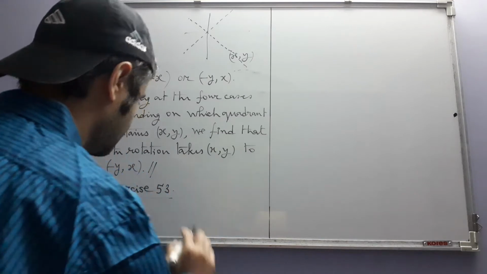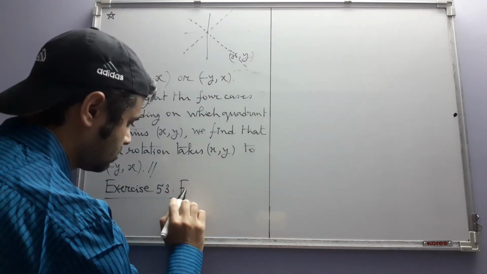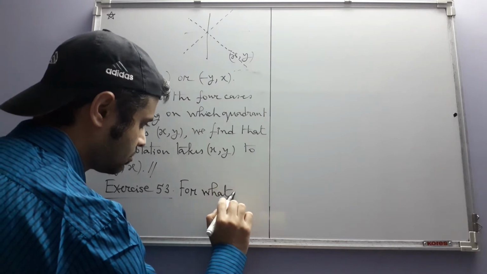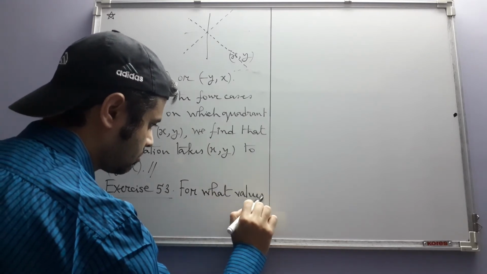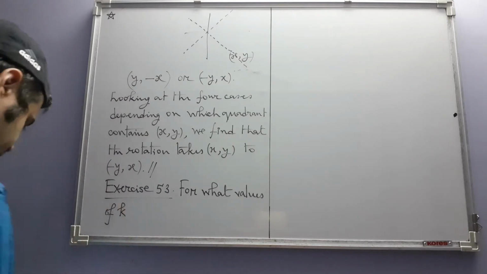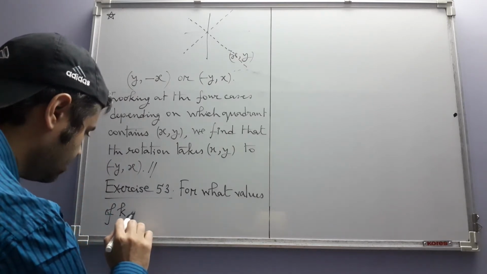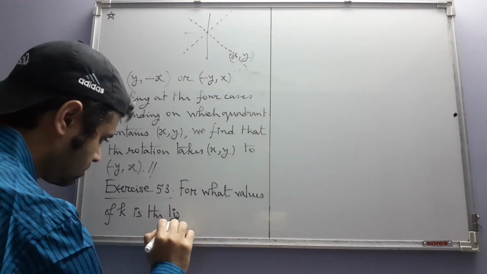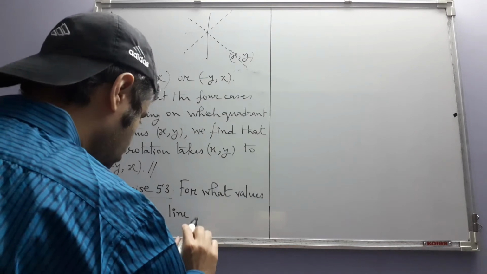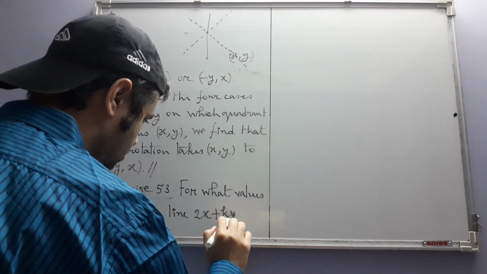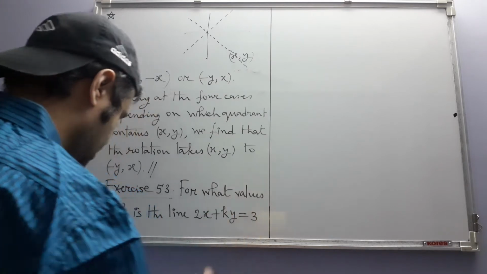For what values of k is the line 2x plus ky equal to 3